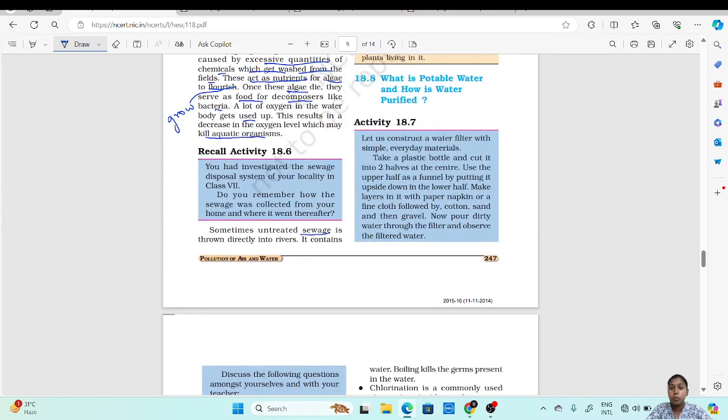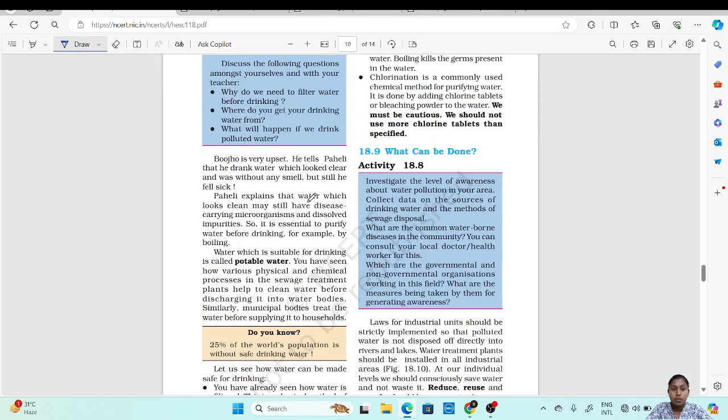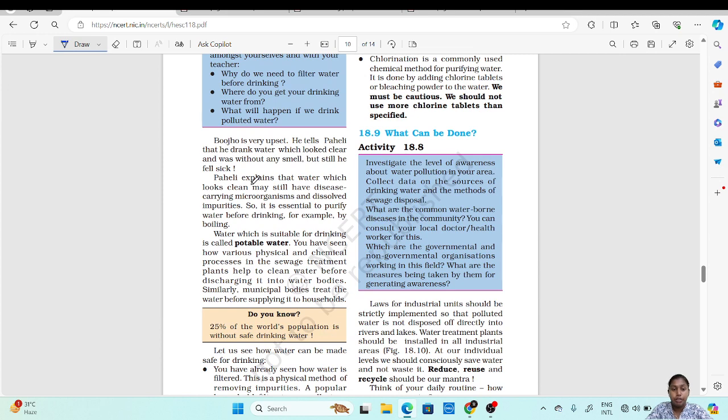Now let's see what potable water is and how water is purified. So if we drink water which looks clear and smells good, there is no foul smell or weird smell, the water looks clear and good, and you drank it, yet you fell sick, that means the water is contaminated. Just because it looks clean does not mean it is